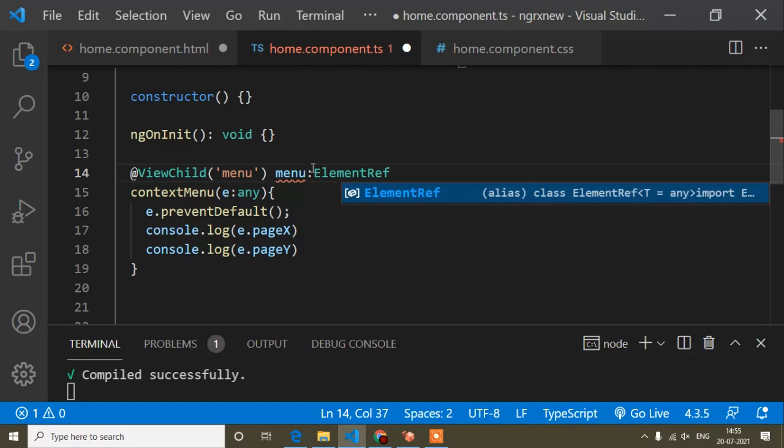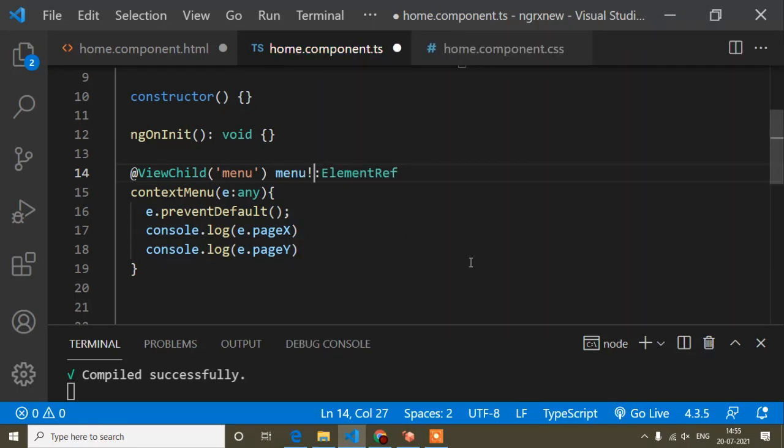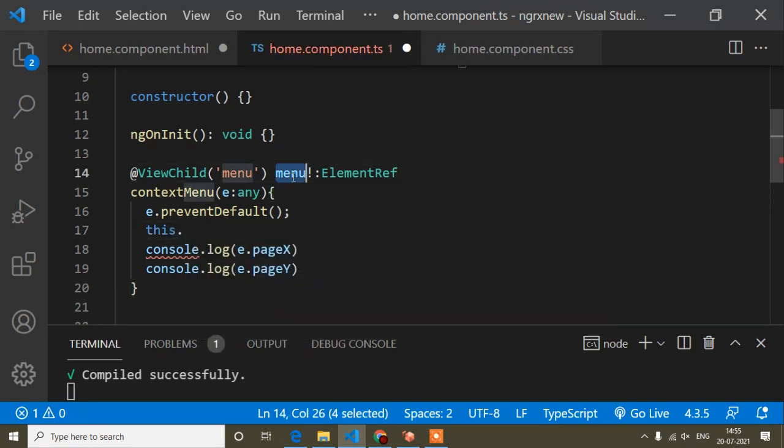So that's why here we can assign this exclamation sign, which means this menu variable is not undefined or unassigned. Like this, it denotes not undefined or not assigned any value. So after doing this, now I just have to write this.menu.